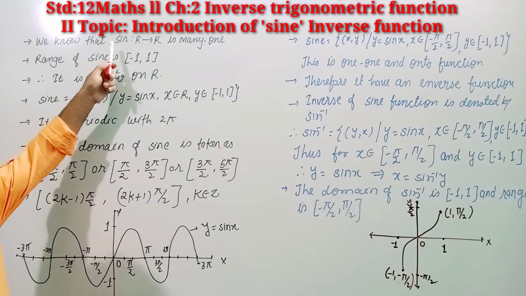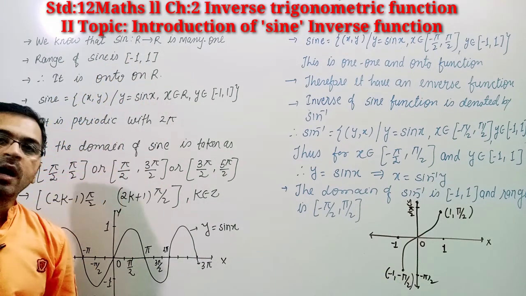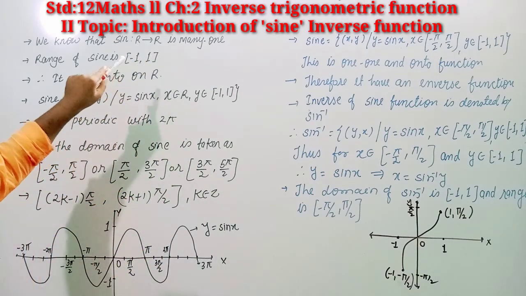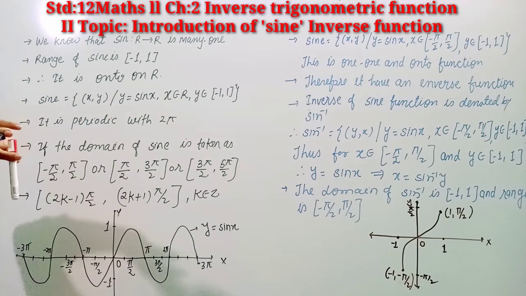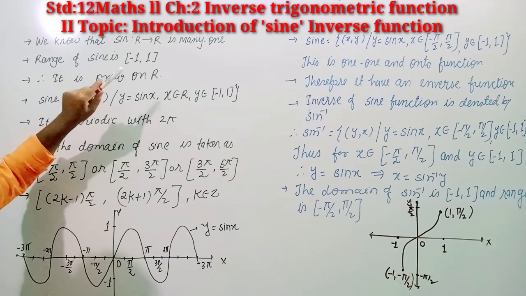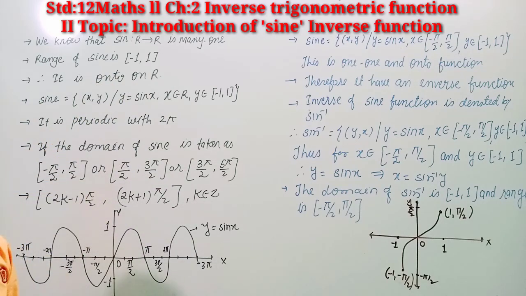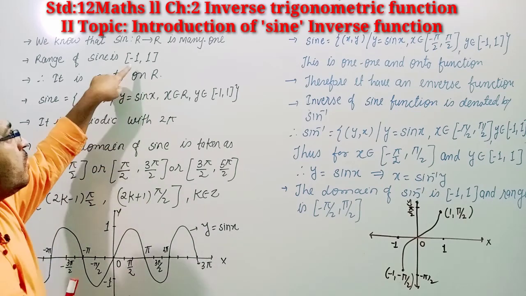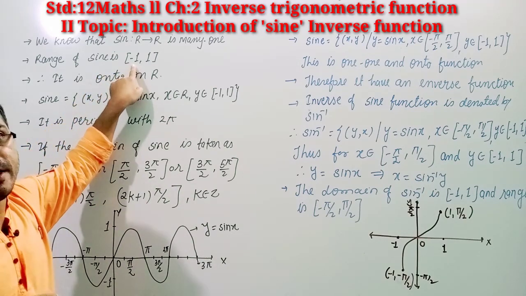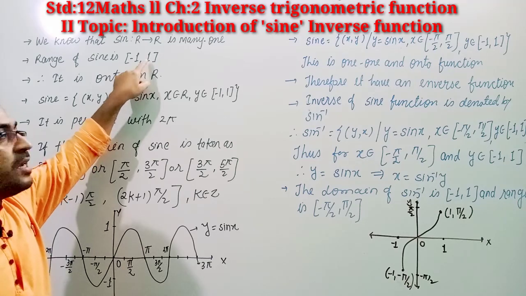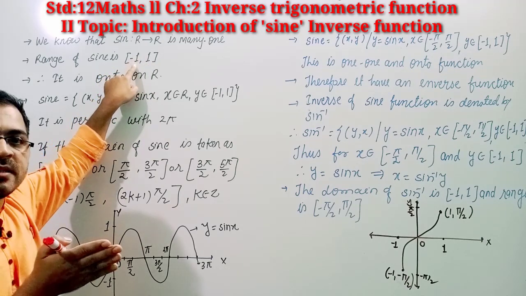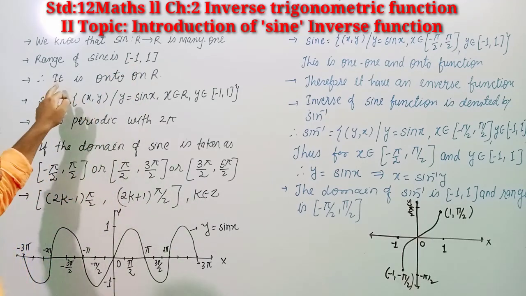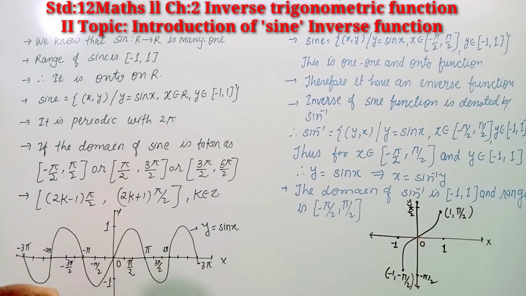We know that sine is defined over R to R, real numbers to real numbers, and it is a many-one function. The range of sine is -1 to 1. It means, student, if you put the value sine pi by 2, you get 1, and if you put minus pi by 2, you get -1, right? So it is onto on the range, since